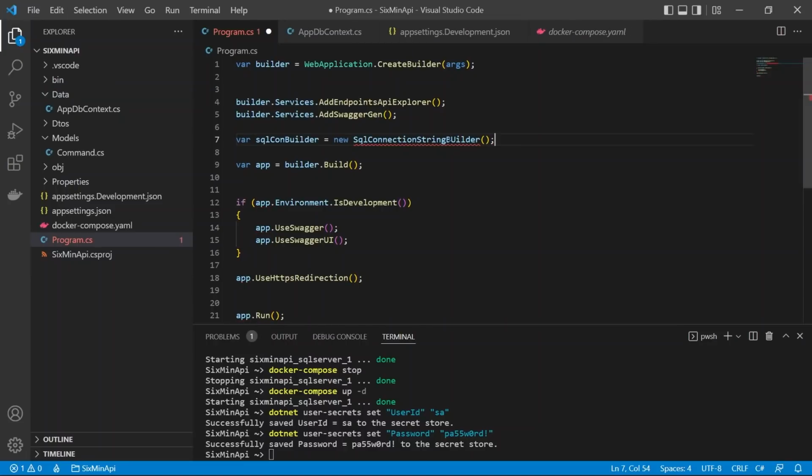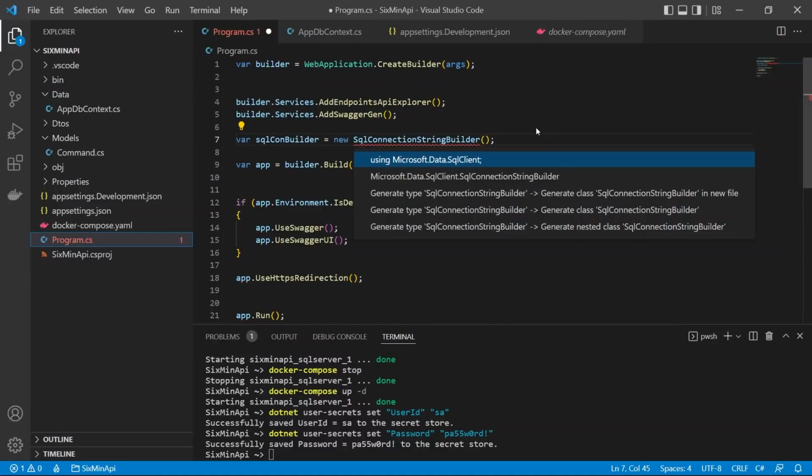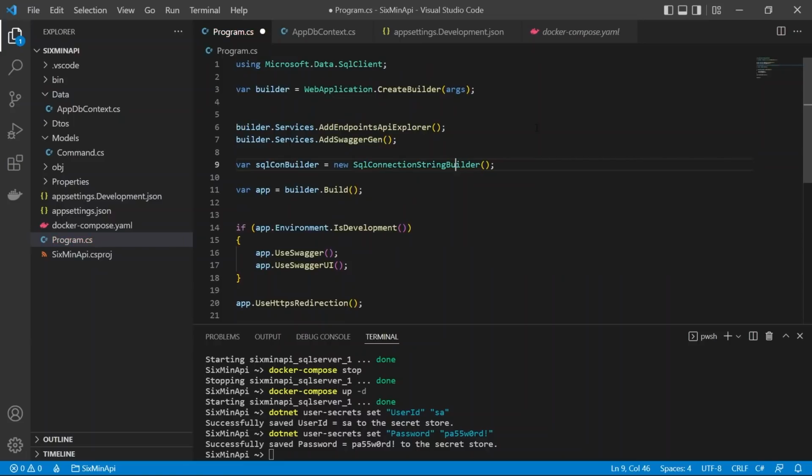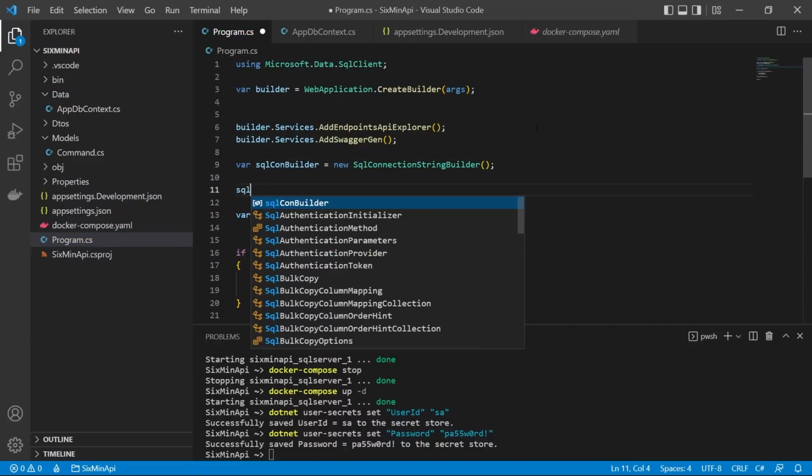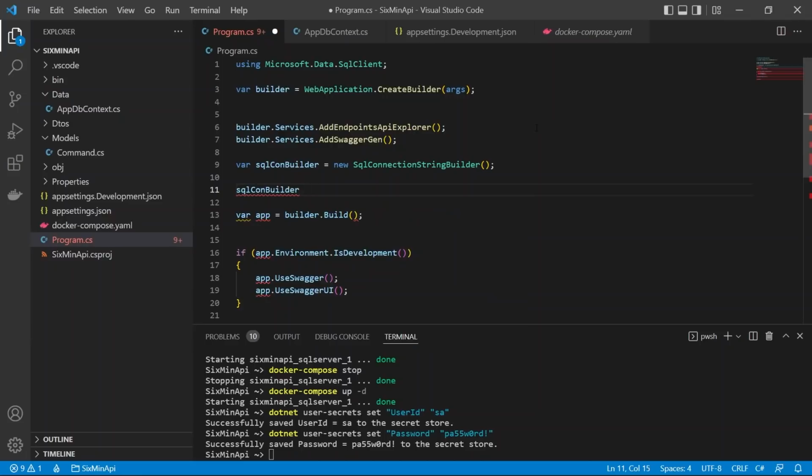SQL connection string builder, let's make the U lowercase, and we'll probably need to bring in Microsoft Data SQL client. Okay, and we're going to build up our SQL connection string. So SQL con builder, connection string equals builder,